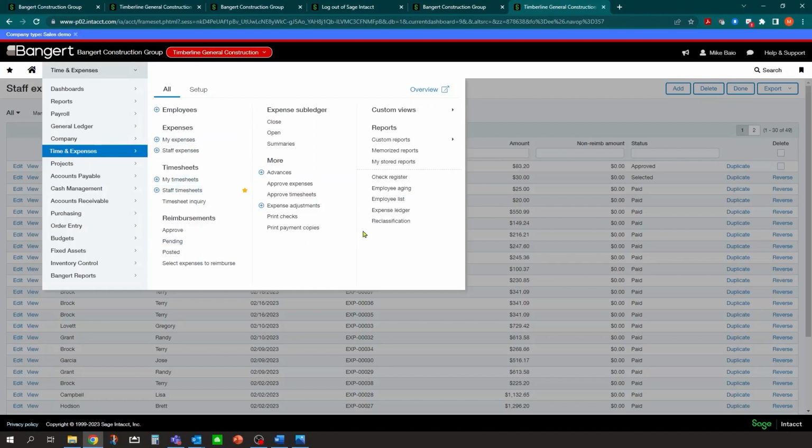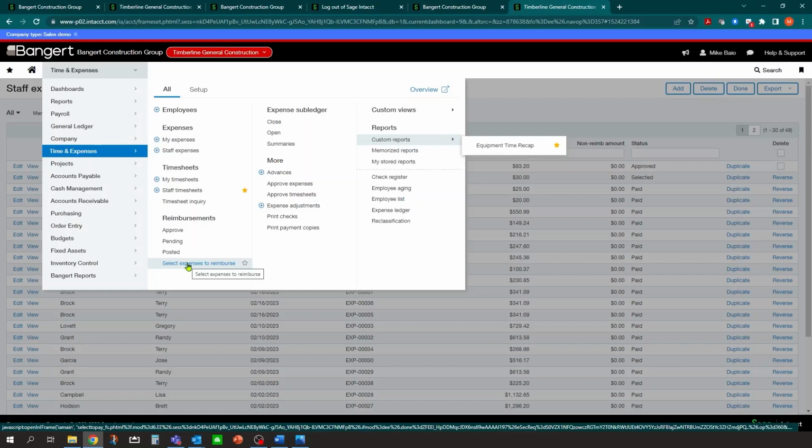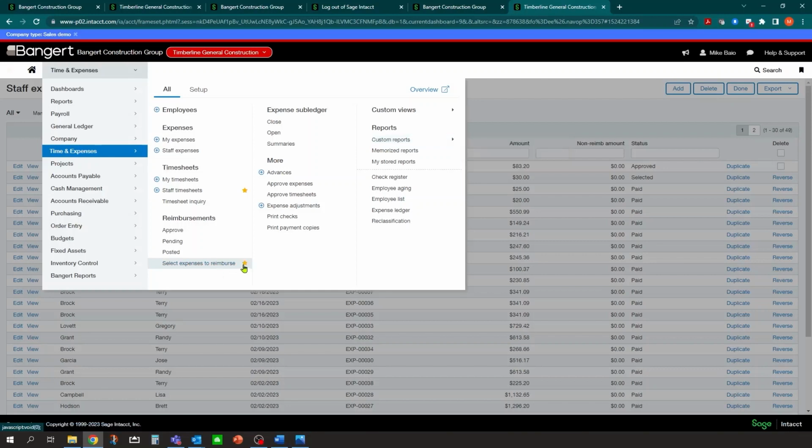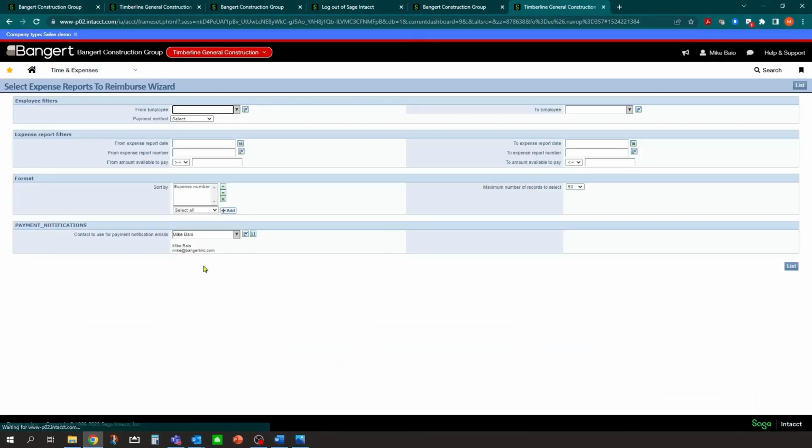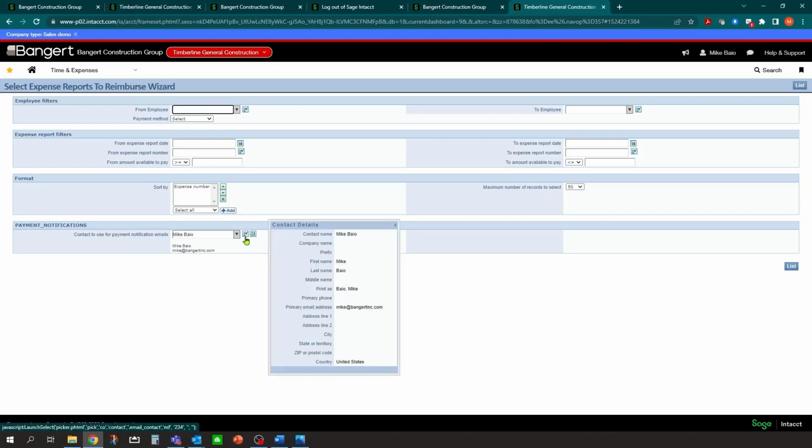So at the end of the week, you're going to print out an expense report, showing basically who's available to reimburse. So what you can do here is there's a button called Select Expenses to Reimburse, and you can start that as a favorite. If I click select it here, I can filter out what I'm paying right now. Let's say I'm doing the check run, not the ACH. I can say, let's just do employees that are getting a check. I can range a particular employee, a particular date.